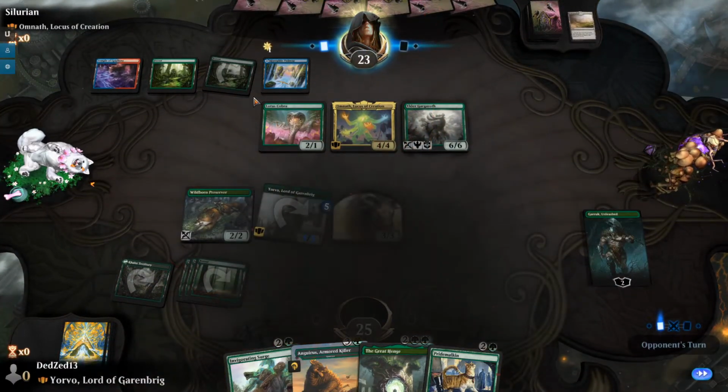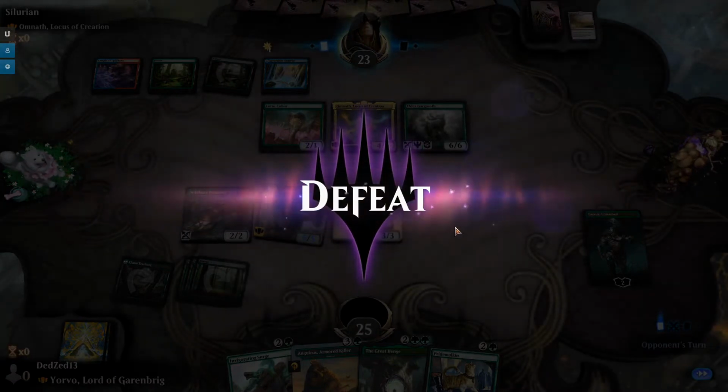Lotus Cobra on 2 is disgusting. Okay, good start, good start. We played against the most disgusting card in the format, which is Ugin, and then against the most disgusting commander in the format. Can I have a matchup against a...